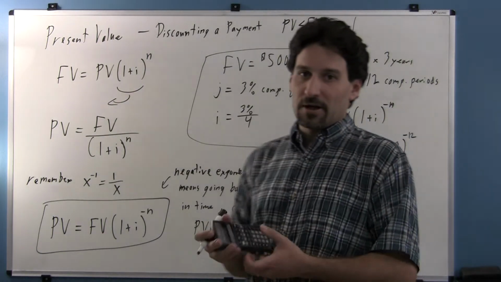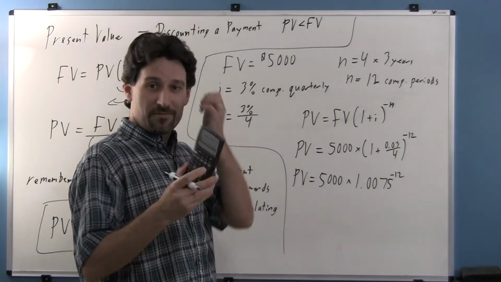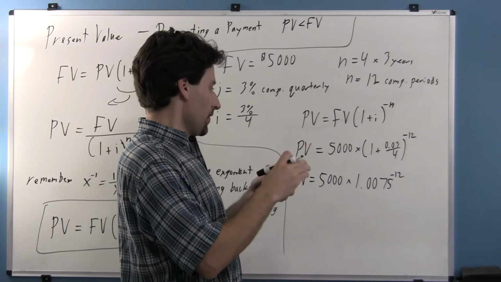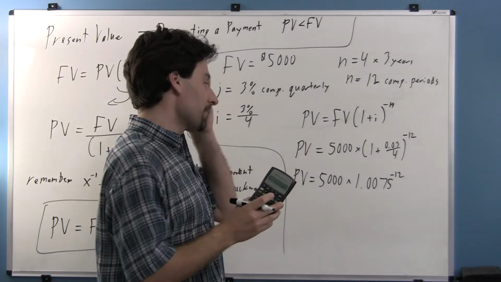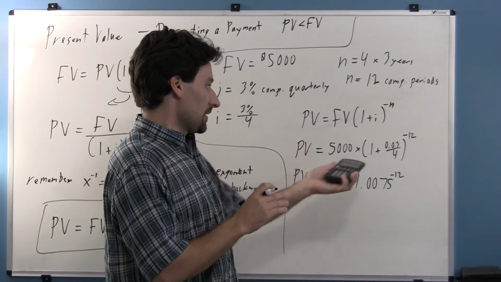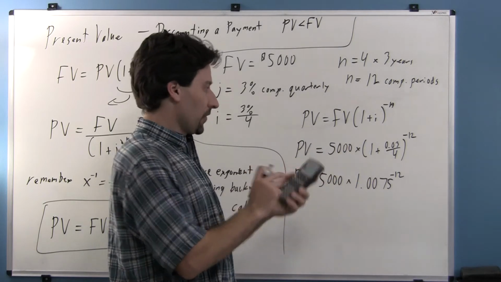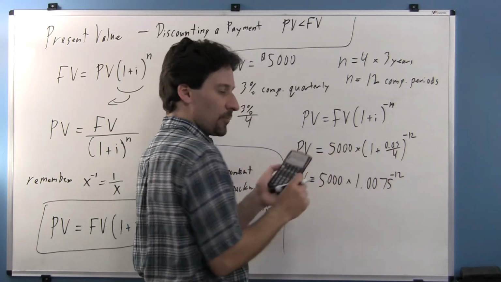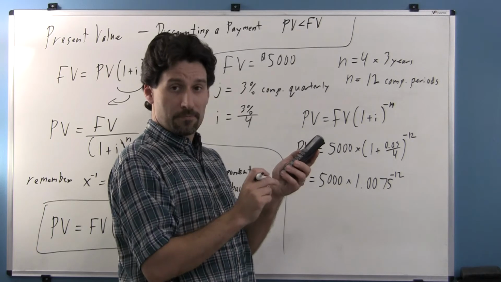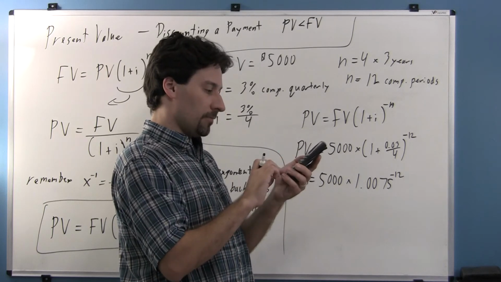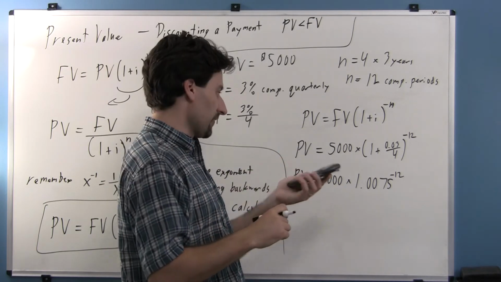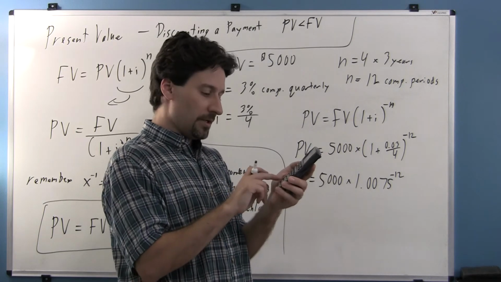Walk through this with me, okay? I want to make sure you can do this or get that far. So how did I get there? Working our way outwards from inside the brackets, 0.03 divided by 4 equals 0.0075, plus 1 equals